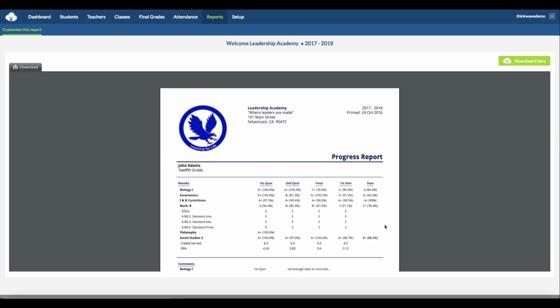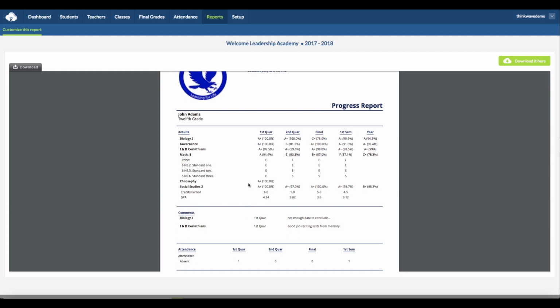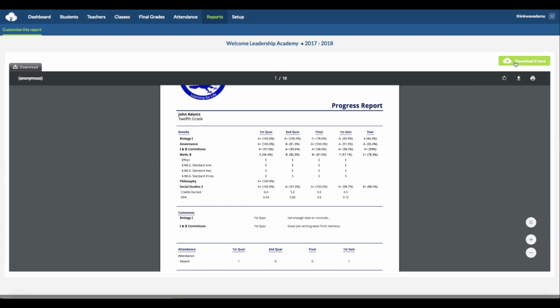Here you can see the school's header at the top. This is completely customizable. I'll get to that in a moment. The student's name and the grades are displayed here. And here's all the grades for the different terms, the year average, and the comments. To download and save the file locally, click the Download button at the top right. Or you can hover the mouse in the gray area and the upper right, you can select the download icon